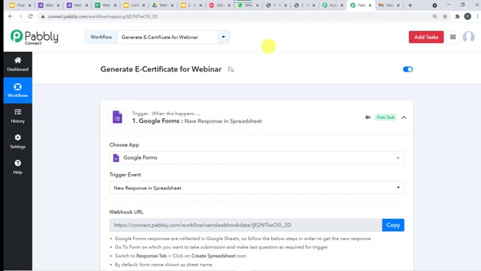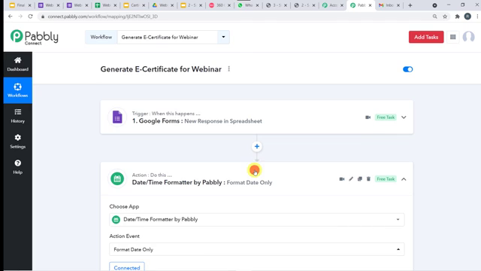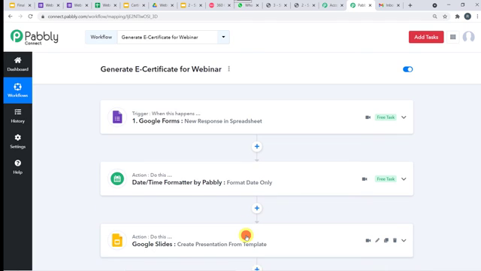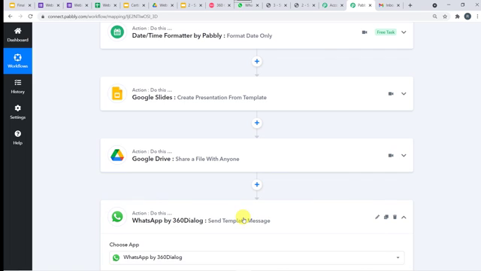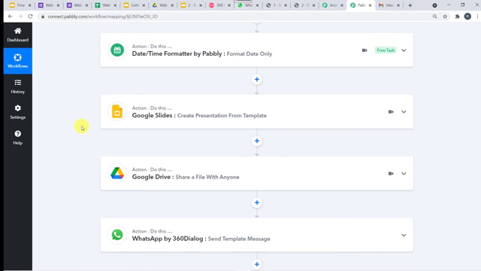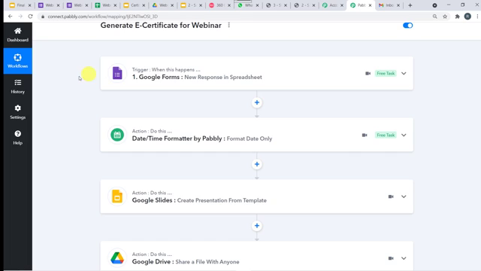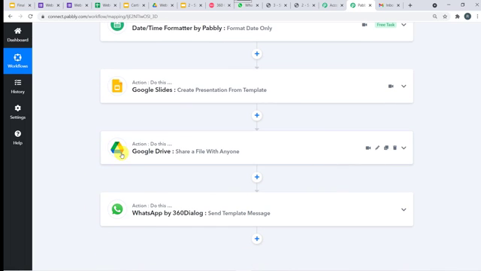So in this way we have seen that we have created a successful integration. I'll just minimize all these windows and let us see in a nutshell whatever we have done till now. In this use case, we want that whenever a Google form is filled, automatically a certificate should be created in the Google Slides. The same certificate should be saved into the Google Drive and a PDF file should be converted.